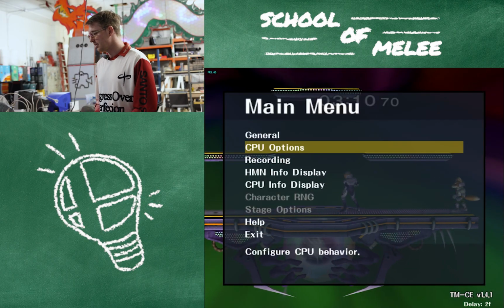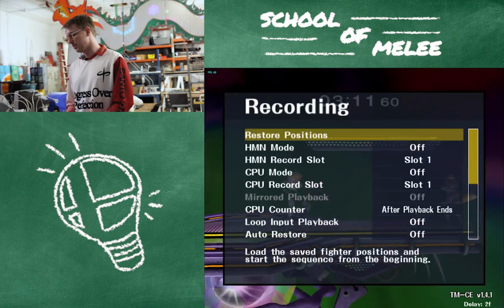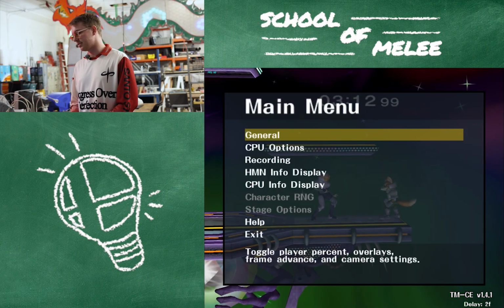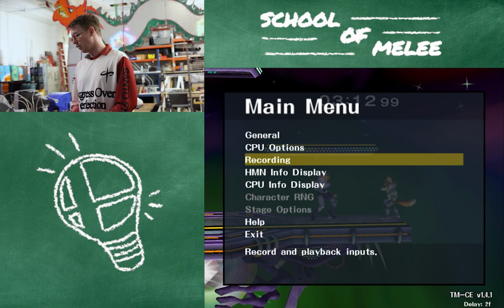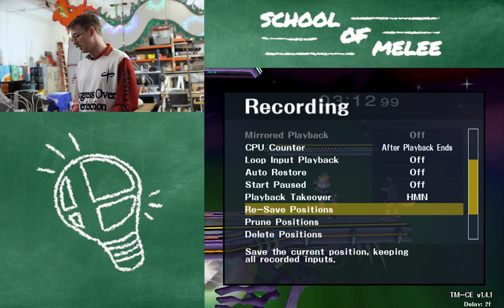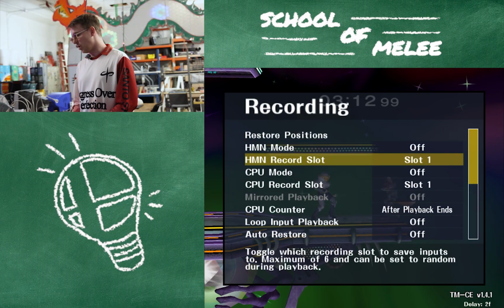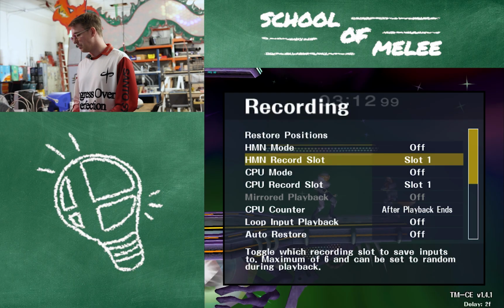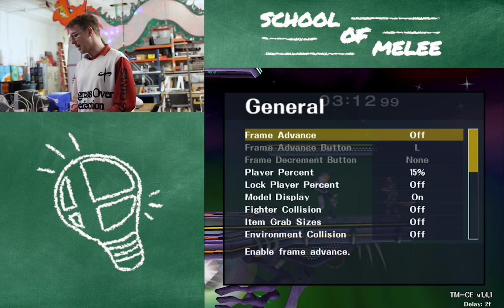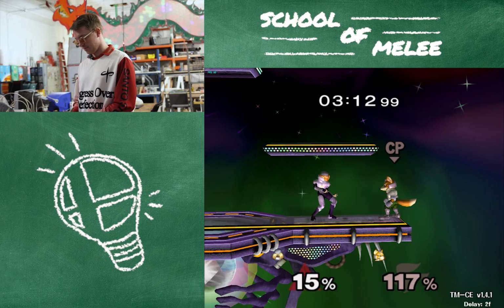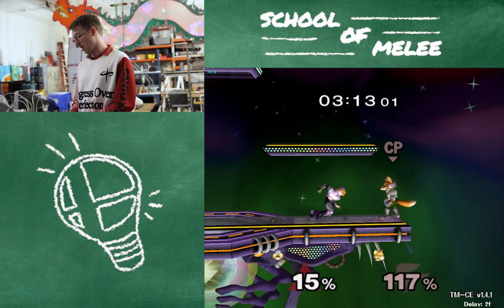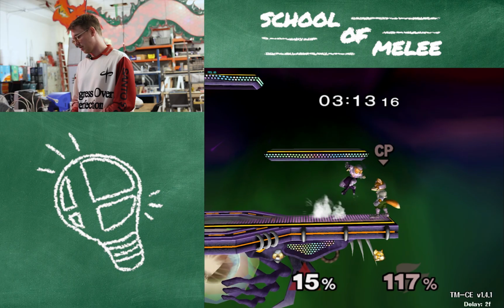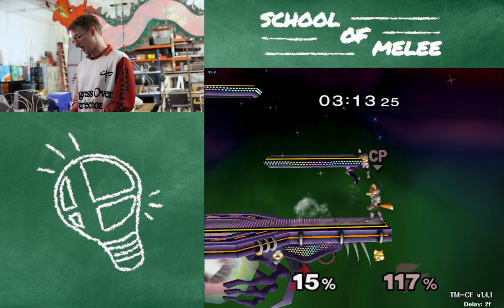Trying to combine some of the stuff we've learned in terms of recording and the general options is actually recording something that's a little bit more complicated. So I'm going to go here and resave my position, slot 1, and I'm actually going to do, with a human, something we'll call a little bit more complicated than what I would do normally. So I'll go back, turn on frame advance, and we'll walk up to Fox, jump, down air, and we're going to try,